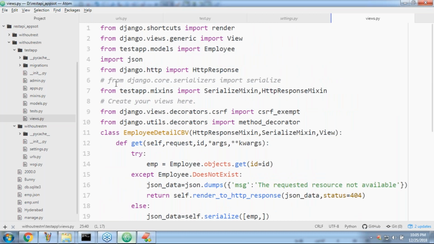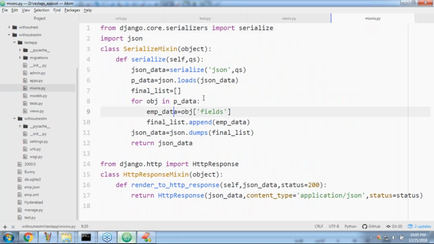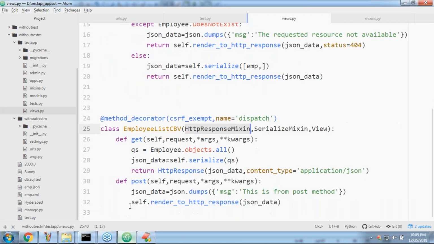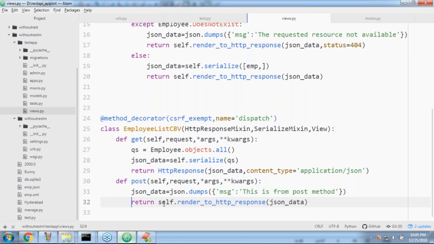Can you please observe? Let me open mixins.py. Here we need to return. Can you please return self.render_to_http_response?